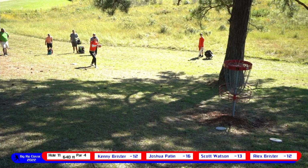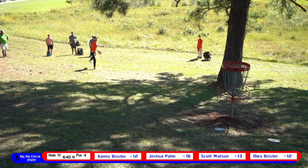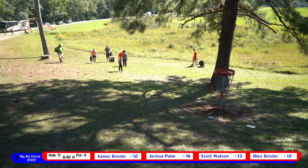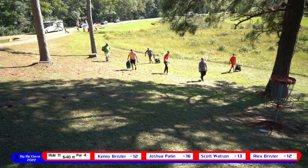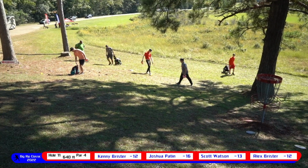Yeah, if you really want to get this chain height, there's a hill behind the basket, preventing you from going too long. And obviously, Alex disappointed with that effort. Yeah, he didn't listen to you. I don't know why he wouldn't, but